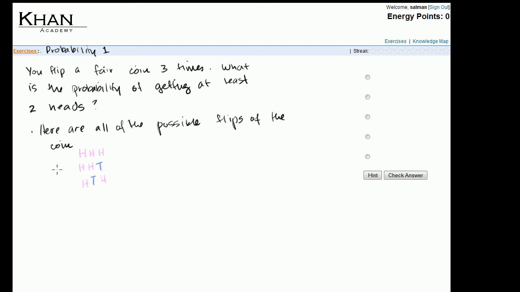I'll just write in one color right now for brevity, but I think you get the idea. You have heads, tails, tails. You have tails, heads, heads. Then tails, heads, tails. And tails, tails, heads. Then you have tails, tails, tails. So this is the first hint that students get. And then the next hint